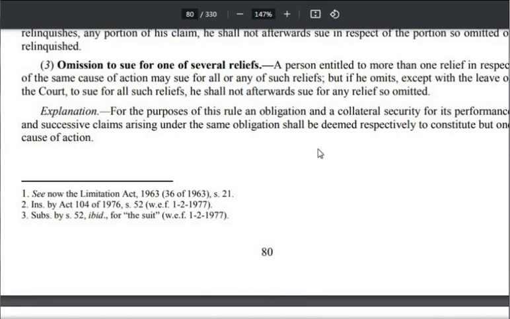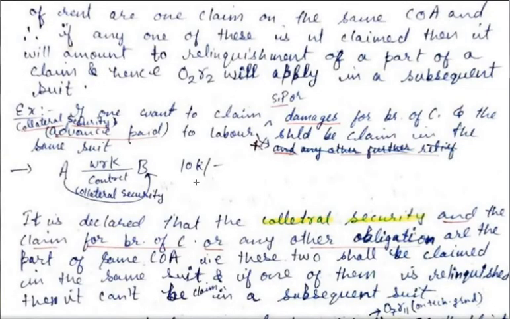अब उस एग्जाम्पल को फिर से देख लो आप। मान लो A has to get some work done by B, A को कोई काम करवाना है B से, तो A enters into a contract with B, ठीक। अब A को काम करवाना है और B काम करेगा। B वैसे काम नहीं करेगा, B needs some security। B बोलेगा कुछ एडवांस पेमेंट दो ताकि मैं कुछ काम शुरू कर दूं, अदरवाइज आई विल नॉट वर्क।